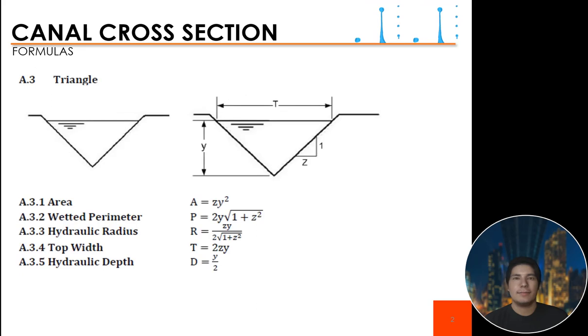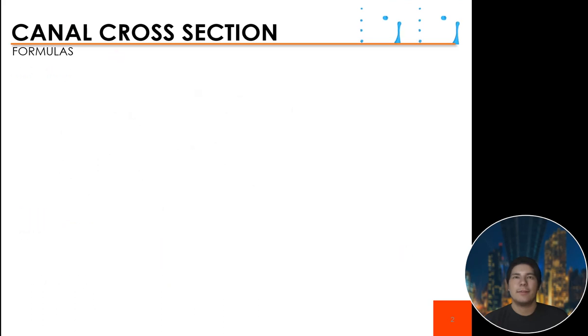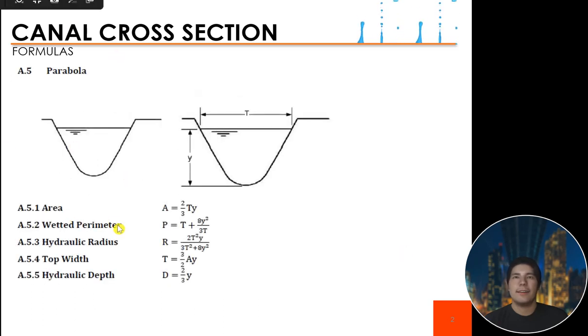Okay, so for triangular channel section, again, we have this area, wetted perimeter, hydraulic radius, hydraulic depth, and top width. And again, in terms of side slope, we have this side slope Z. And for circular, we have a different formula in terms of theta. And for parabola, we have this area, perimeter, hydraulic radius, depth, and the top width, no? So we have a formula in terms of the top width T and Y. Okay, so now,